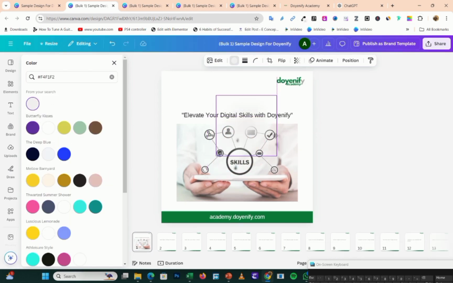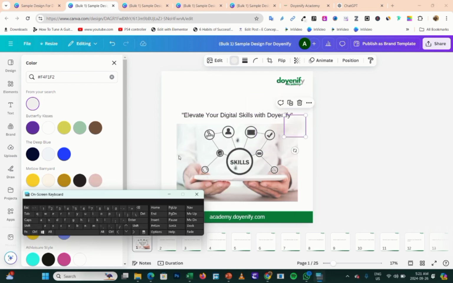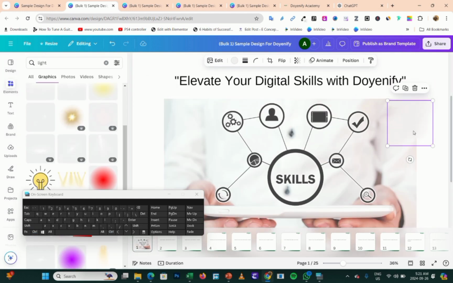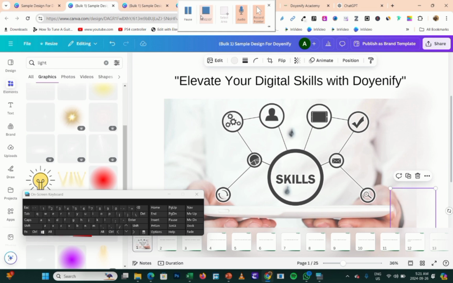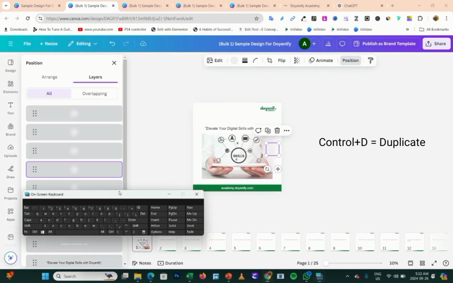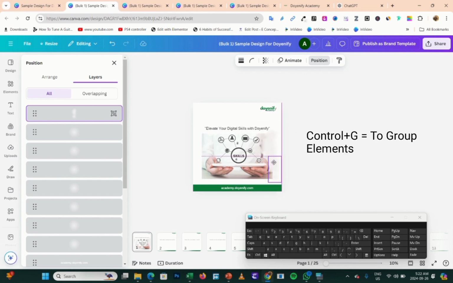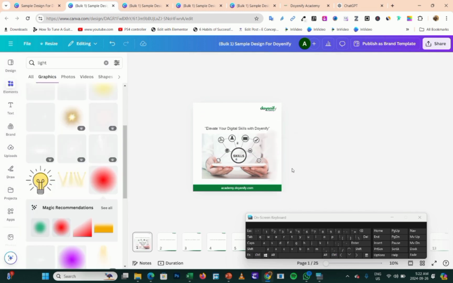I searched for light in the elements and changed the color from red to the shade of the edge of that particular design, and then I masked it down. I duplicated it across the board with Ctrl D, and after a while I grouped it together with Ctrl G, and then duplicated it and used it to fade out the edge from the right side, and then I moved